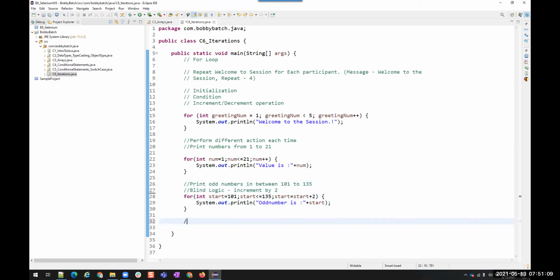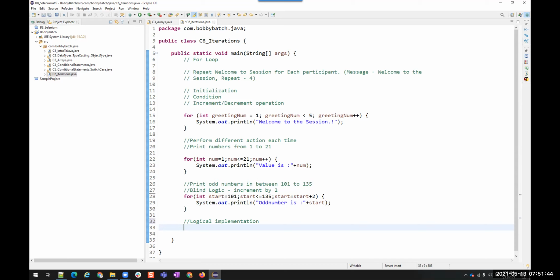So what is the actual logic for an odd number? Start plus 2 is the blind logic. But how can we identify whether a number is odd or not? By divisibility: we get the remainder. If the remainder is 1 when divided by 2, then it is an odd number.